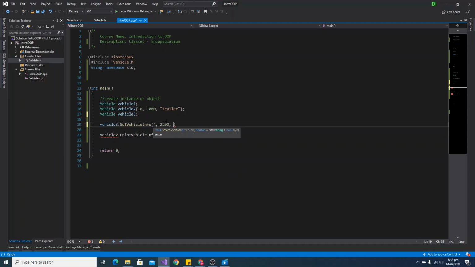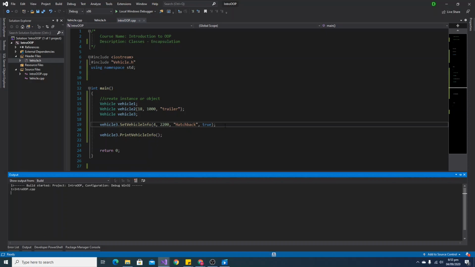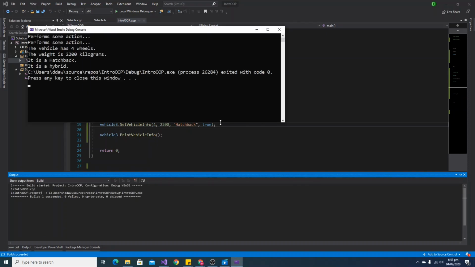String type, so that has to be in quotations. So let's just call this a hatchback. And thirdly, our boolean type, so let us say true, because it is already automatically set to false. So let's end that with our semicolon, and let's change this to vehicle 3, and let us check out what we get. So if we run our program,